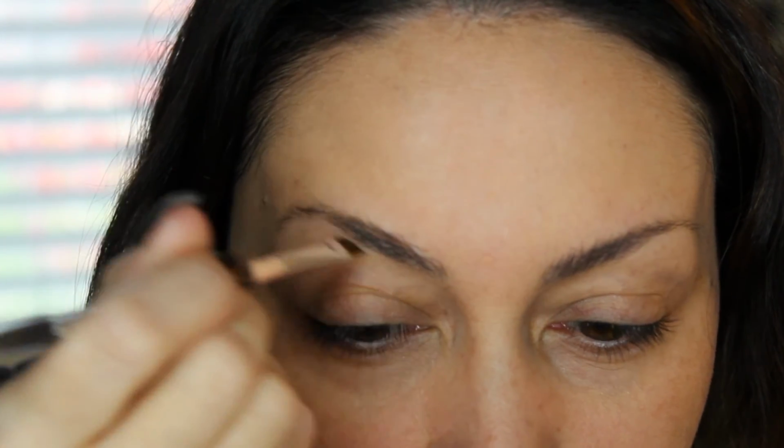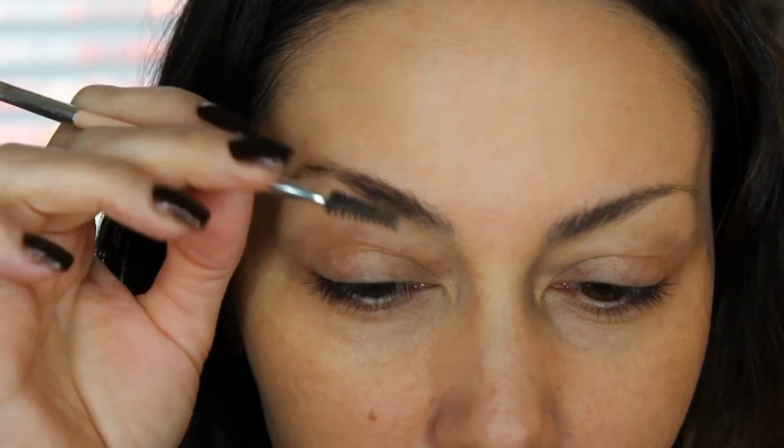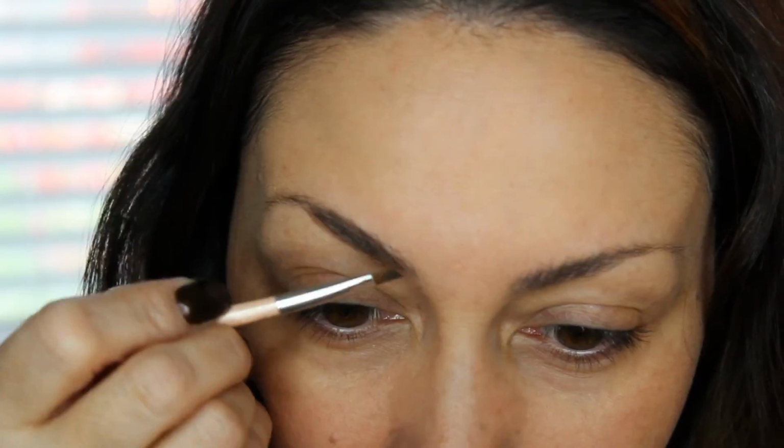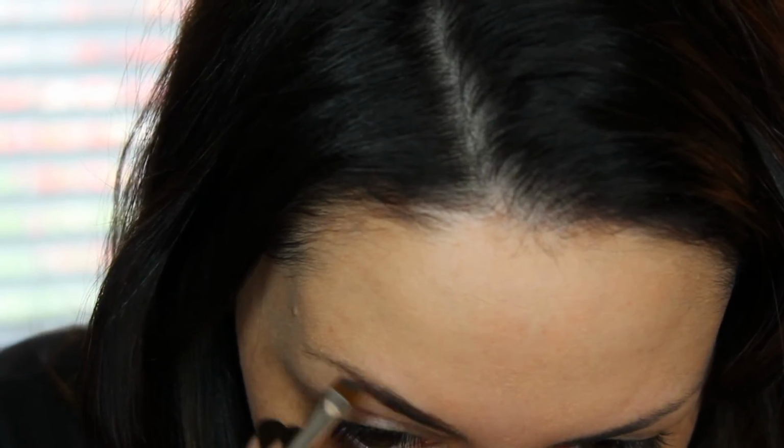You've seen my brow tutorial. I'm gonna go ahead and speed through this area of the tutorial. If you're interested in knowing a full brow tutorial, it's actually one of my first or second videos that I uploaded on YouTube, a full brow tutorial on how I do my brows. I'm going to use my MAC Soft Ochre